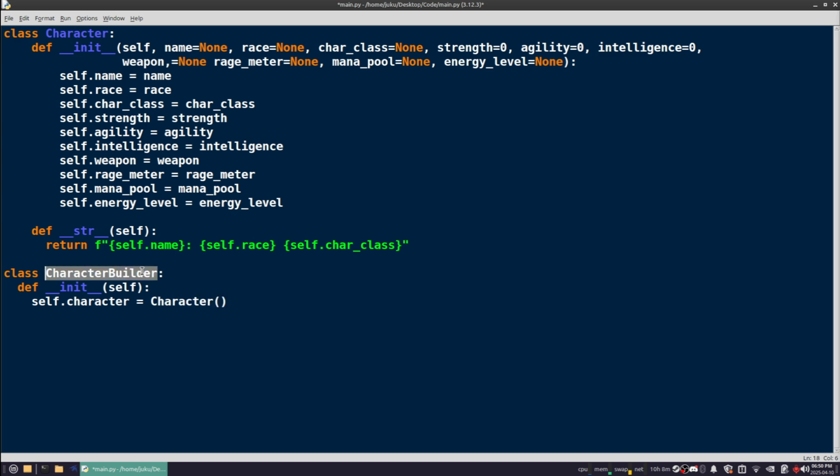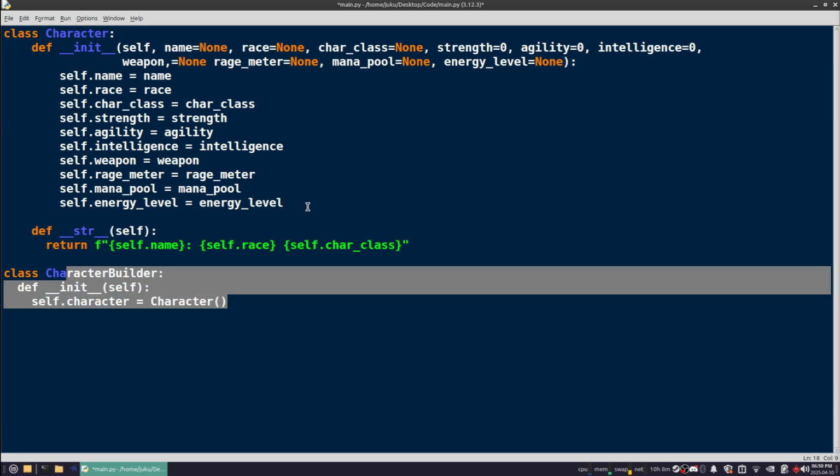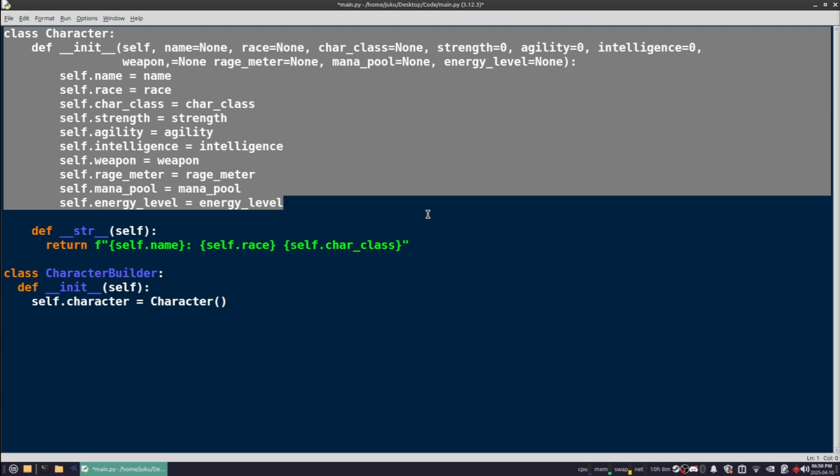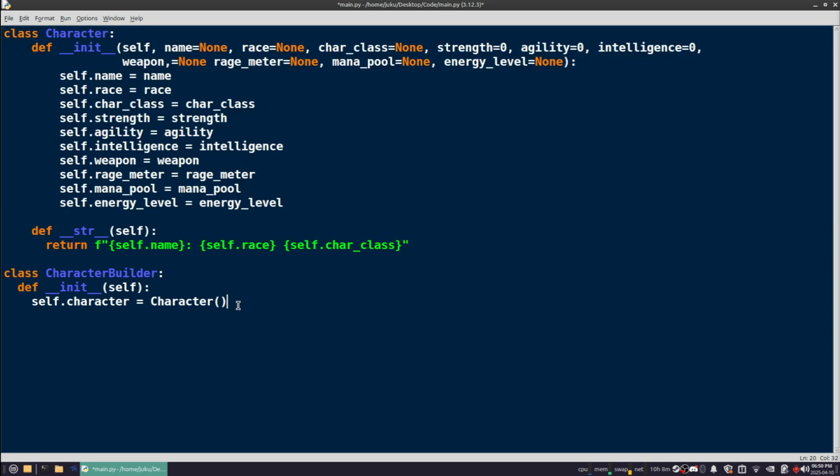So the CharacterBuilder class is going to have a reference to an object, or I guess an instantiation of an object, for the type of class that we're trying to build. And then here's the magic of this: we're going to make a method for each one of these properties. So, for example, def set_name(self, name), and then inside of this method, whenever we call it,